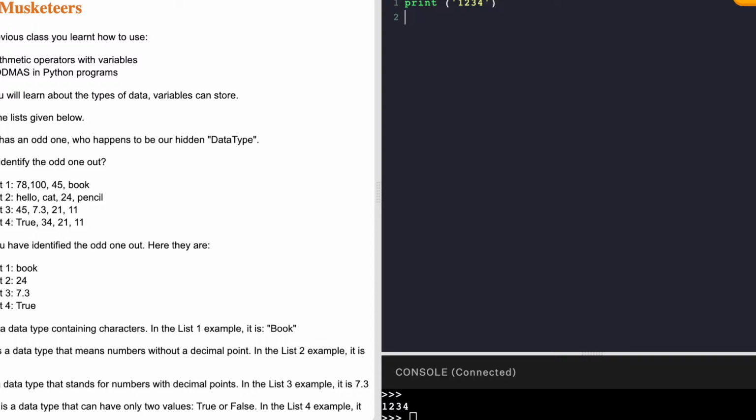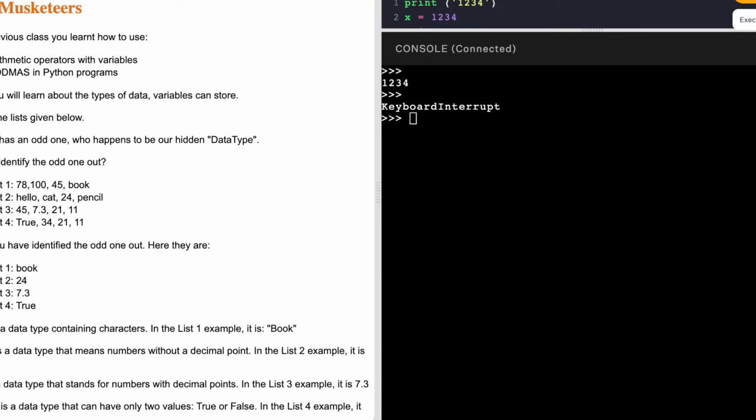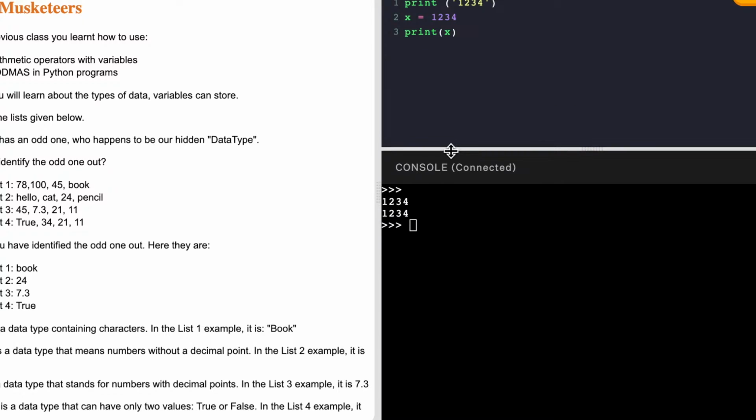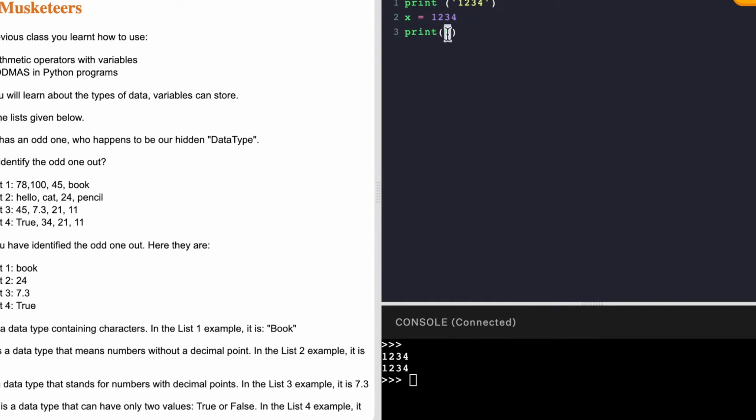Let's suppose for a variable, x equal to 1 2 3 4, and then I print the variable x. Now whenever you're printing variables, you don't have to use any quotes, and you can give space, but no quotes are allowed while printing variables. Now I pull up the output screen and see, it's printing 1 2 3 4 because I am printing the variable x, and the variable x contains the value of 1 2 3 4. So this is how you store values inside variables.